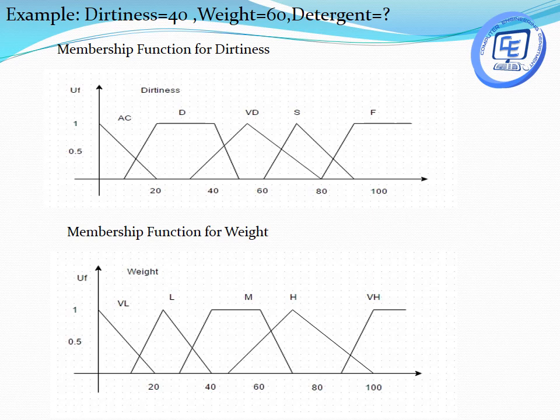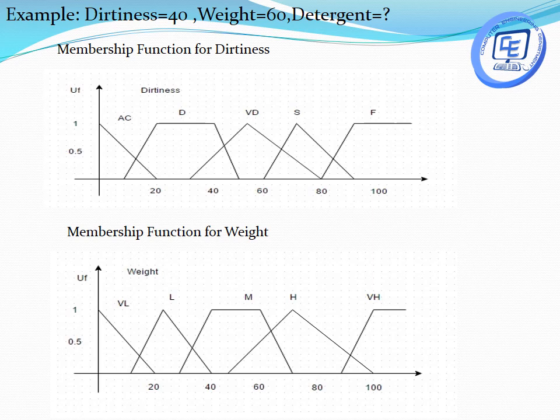We can consider anything and we can draw this diagram, because ultimately we are going to find out the amount required which is having the fuzzy term, and we have to find out the crisp value for whatever fuzzy term we are getting. So that is the aim and that is the purpose. So we can take any ranges and draw this diagram or the graphs.